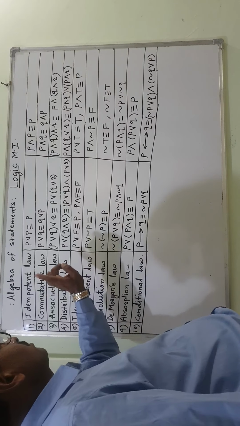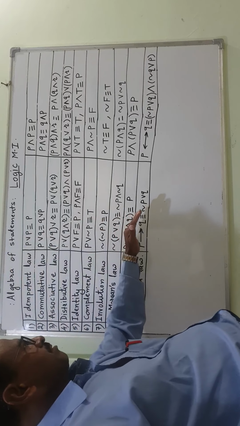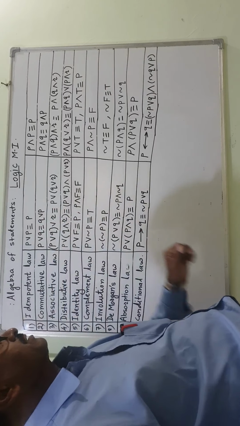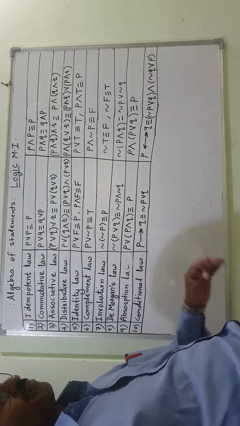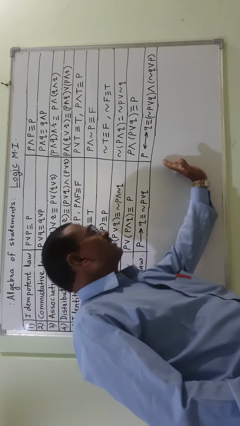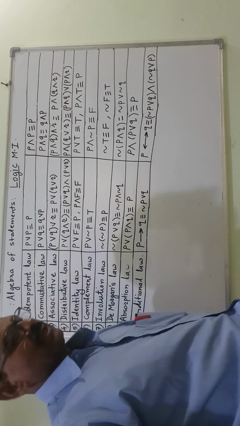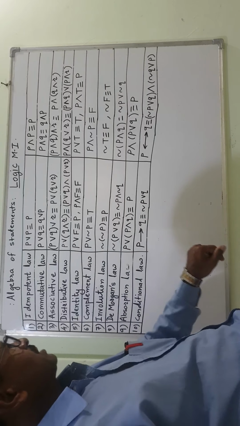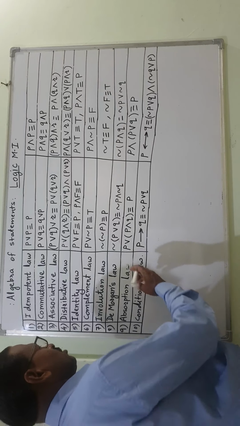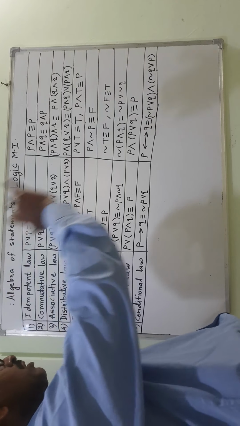So definitely we will think over it as if it is in the textbook, but without my explanation it is difficult to remember and understand. Some of the things are very simple. While solving, we have to give the reasons also, what you have done or by which law you have applied this. That has to be there, and that's why I am telling you to try to remember these laws. These are the 10 laws. Out of them some are very simple, we cannot say them as the laws.